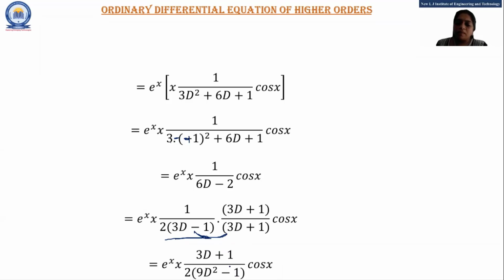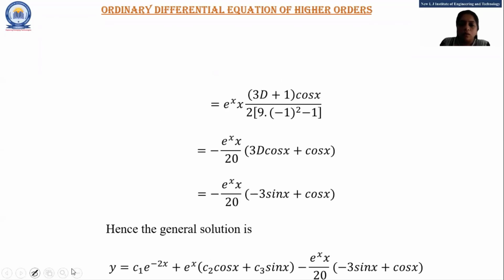Now I am replacing this 1 in this D square of D with a minus sign before that. Minus 9 minus 1, that is minus 10. So minus 10 into 2. So in my denominator, there is minus 20. So, right, this one: e raised to x into x, and minus 20 in the denominator, right? And in the numerator, 3D into cos x